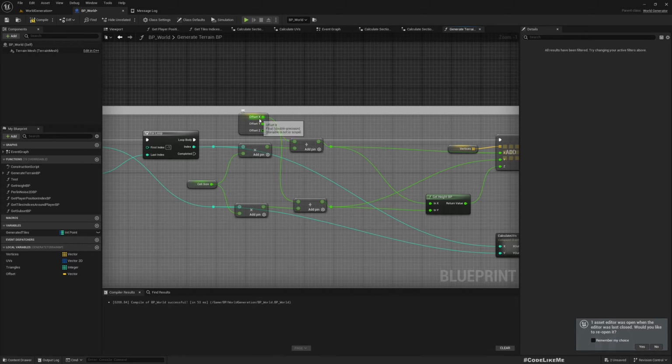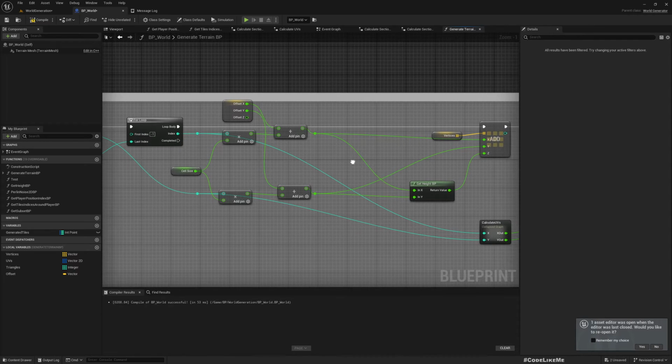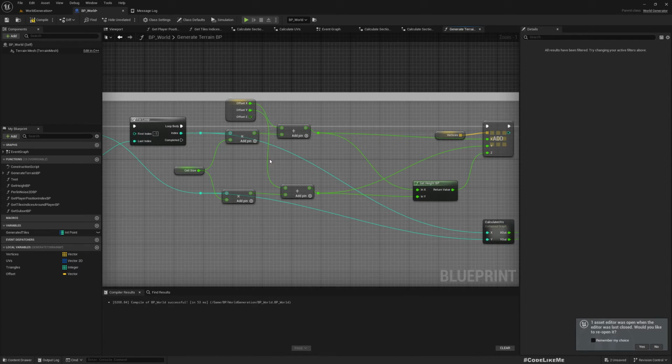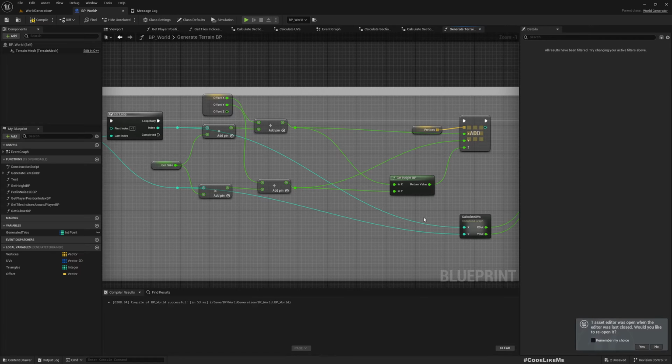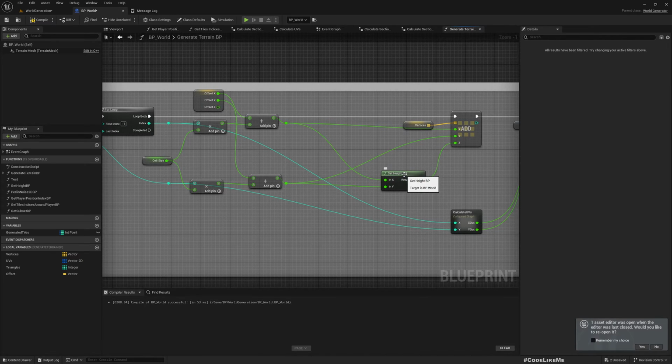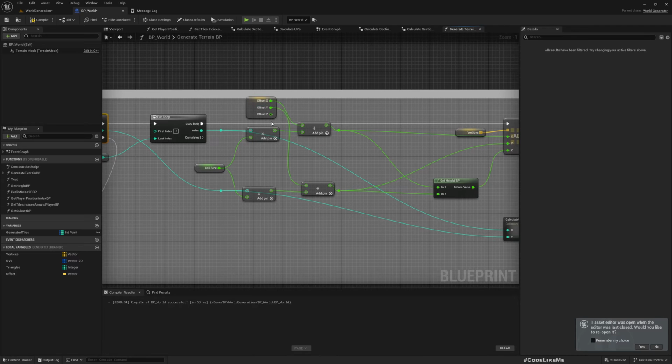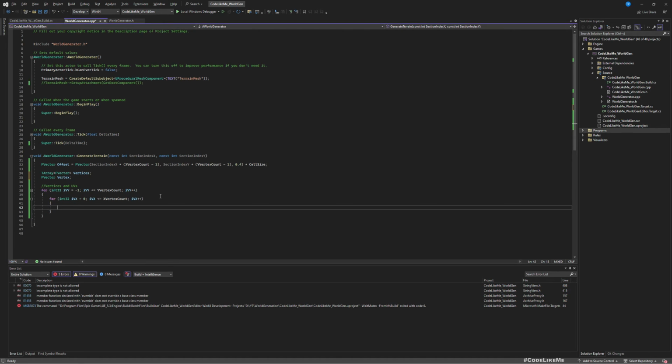Offset x component plus x index multiplied by cell size, and y is calculated by offset plus y index multiplied by cell size. And for Z we have a different function, so let me just add x and y. So vertex dot x equals